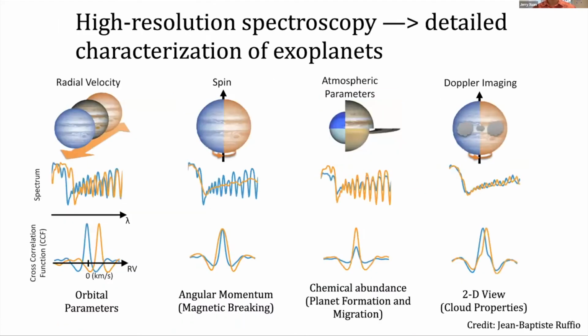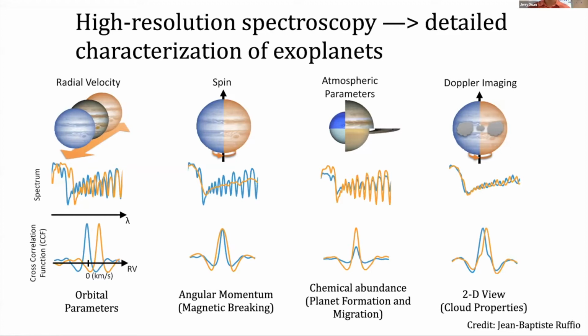So why are we doing high resolution? High resolution is a very natural way to go after detailed characterization of exoplanets, which the exoplanet field as a whole has been shifting toward in the past decade or so. There are a lot of unique observables that you cannot get without high-resolution spectra. Because we can resolve these individual absorption lines, or in some cases, emission lines, we can get the radial